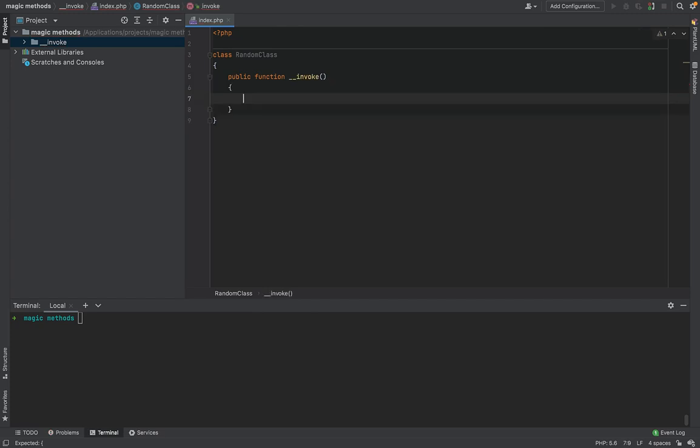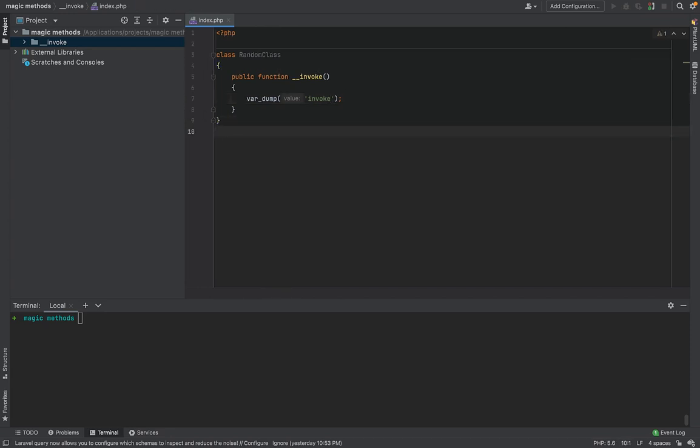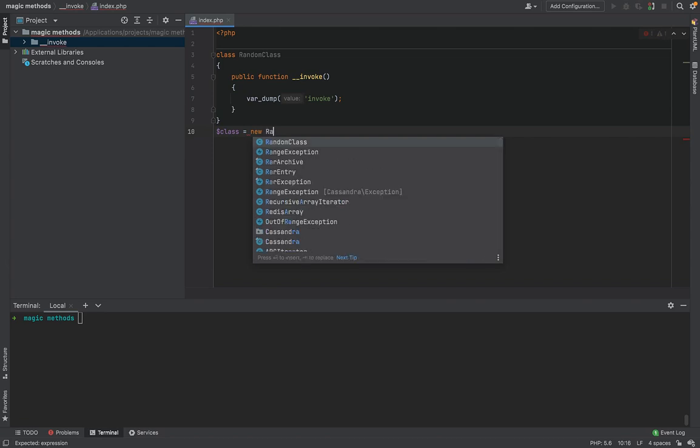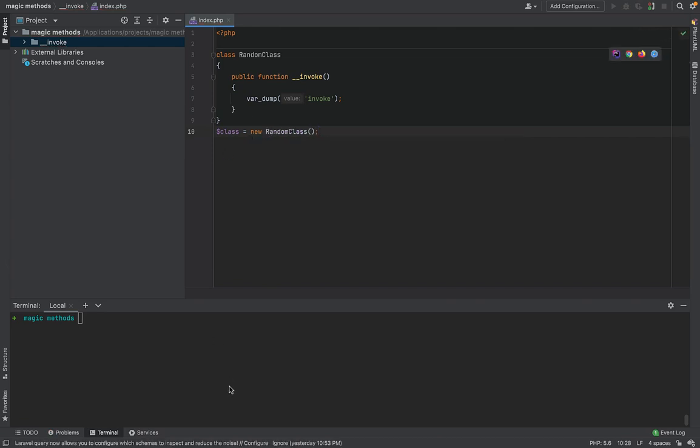And in this simple example, I'm going to demonstrate the difference between invoke and construct for those of you who may have some undone experience with the invoke method. So I create an object and new up the random class.